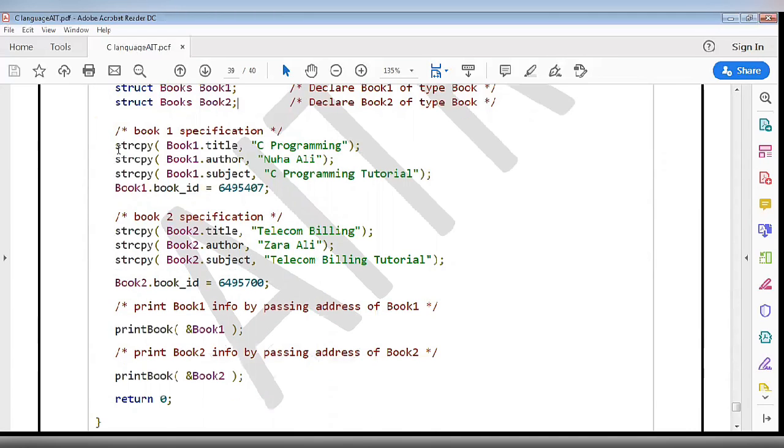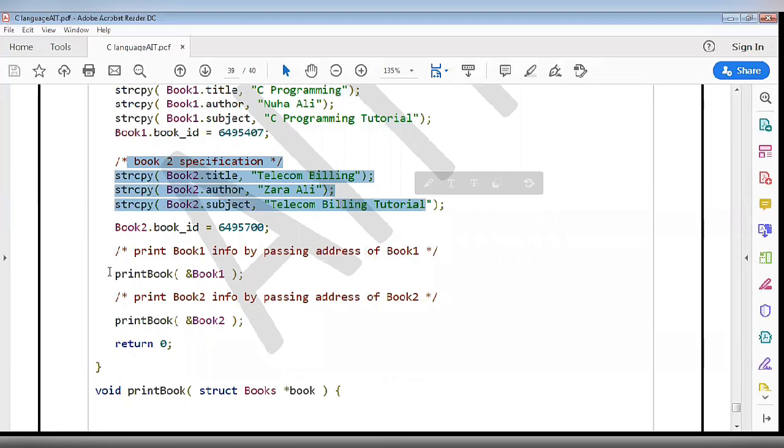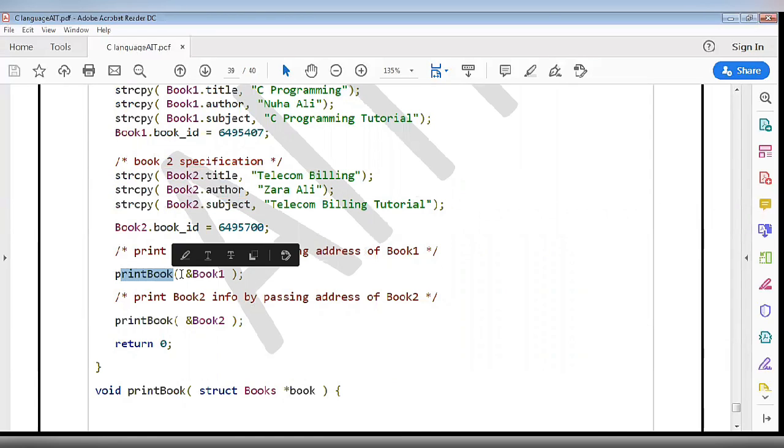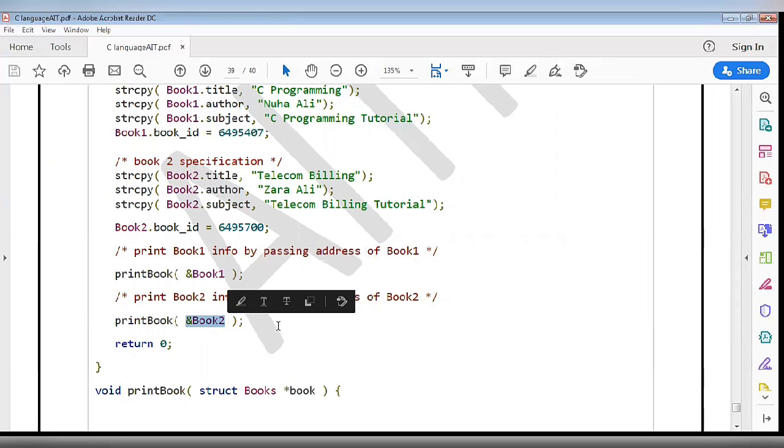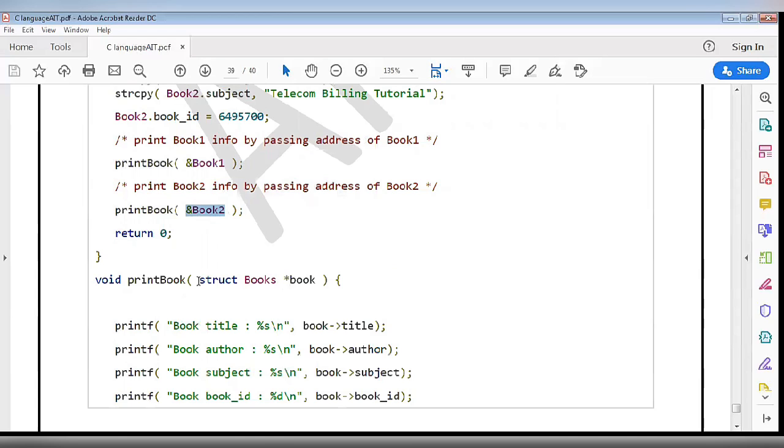Here we have taken two objects, book1 and book2, and we are assigning values for book1 the same way as we did earlier, and the same way for book2 also. Now how are we calling the function print book? In print book we are passing one argument of pointer type, the address of book1.